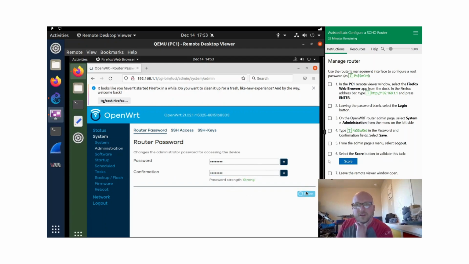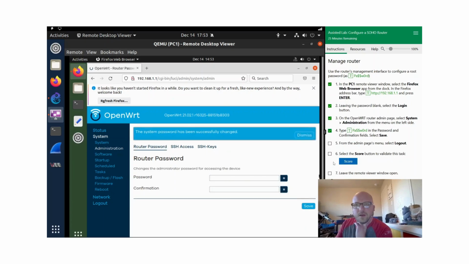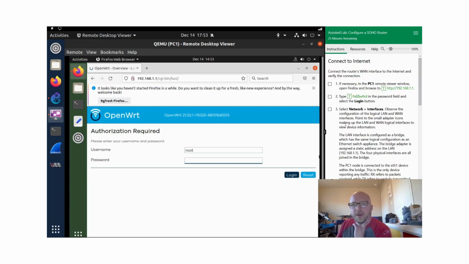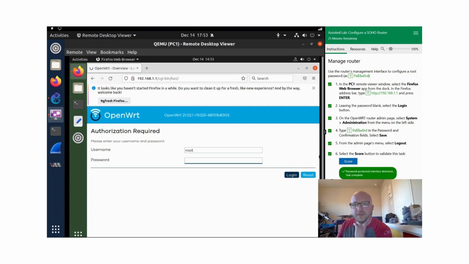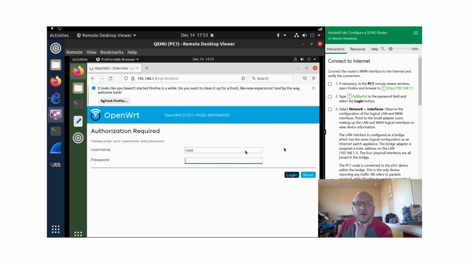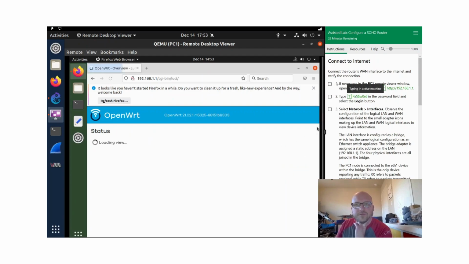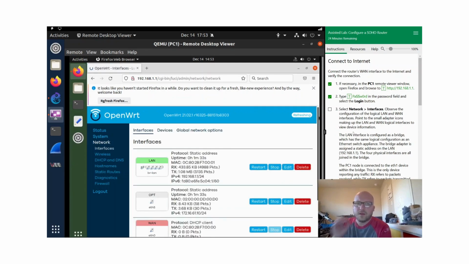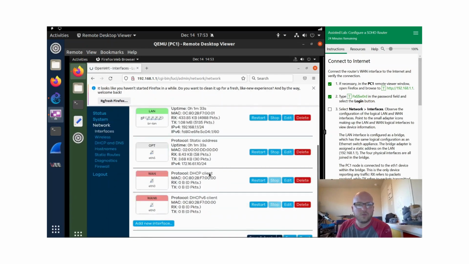Password, save. And then we're going to log out, score it, and then log back in. I suppose I should wait. There it goes. Then log back in with the same password we just used to verify that that password works. Go into Network Interfaces and look at the configuration of our LAN and WAN